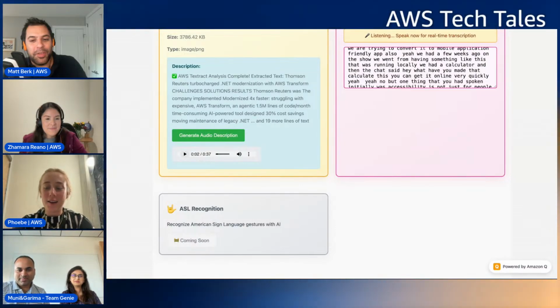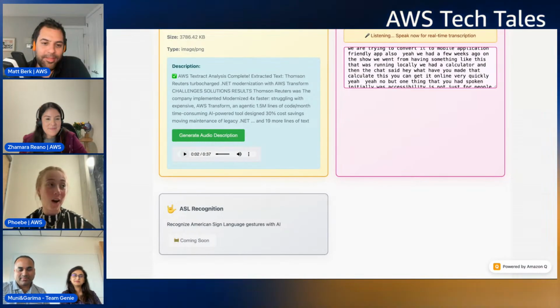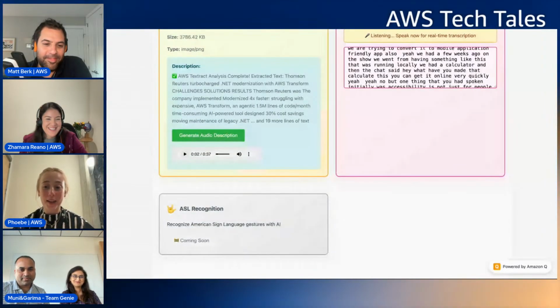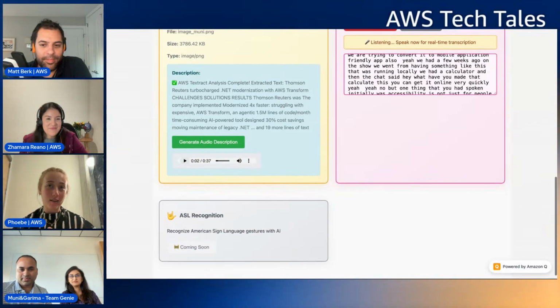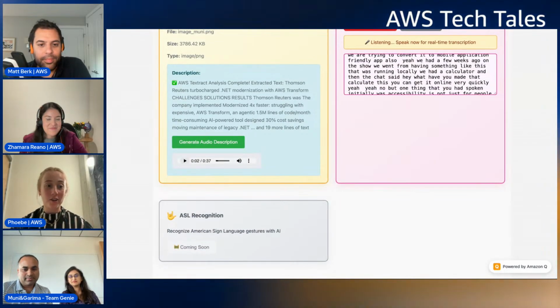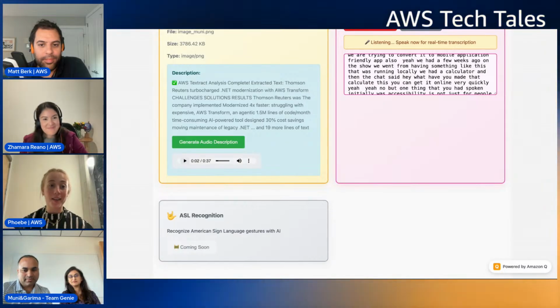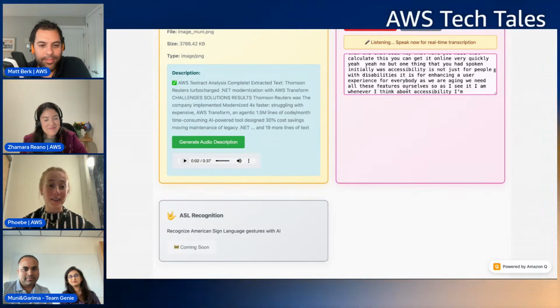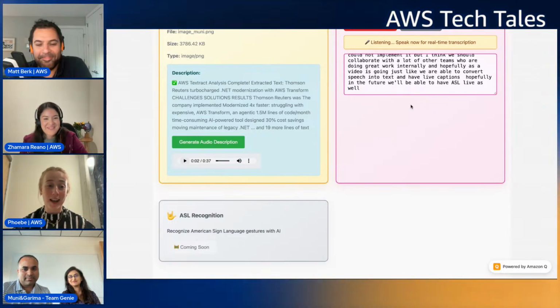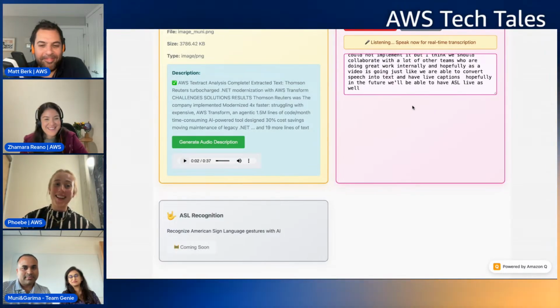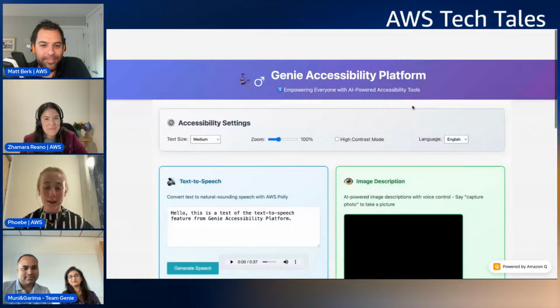Honestly, the biggest reason why we were starting a little late is the competition was very fierce today. We had an application for cooking, and it would read out the recipes with keyboard navigation. That was definitely a fan favorite just because everybody loves to cook and everybody hates looking things up.